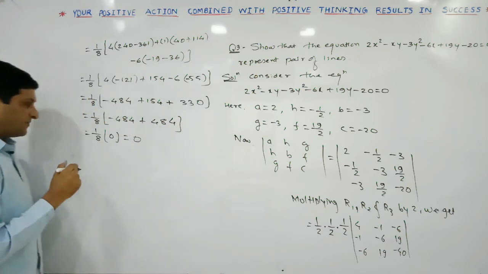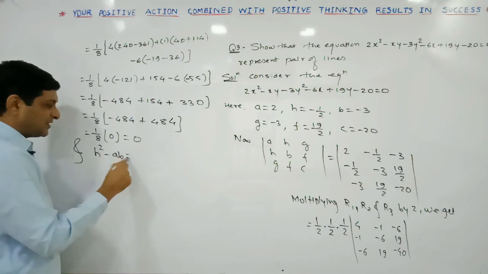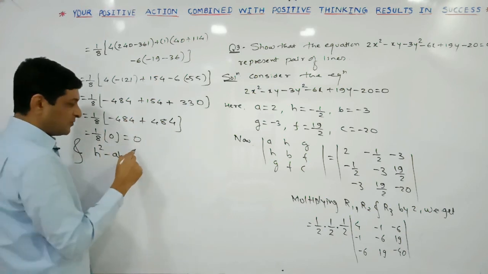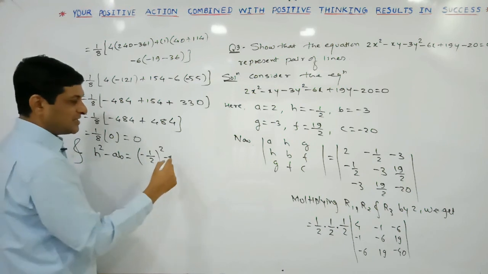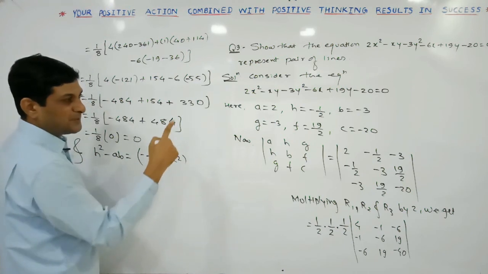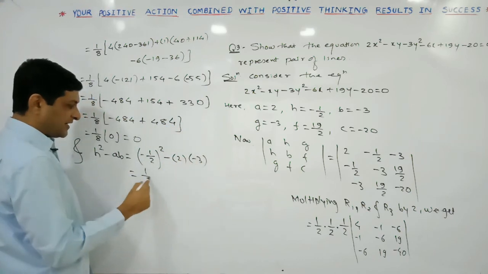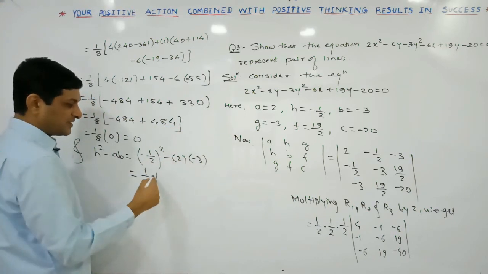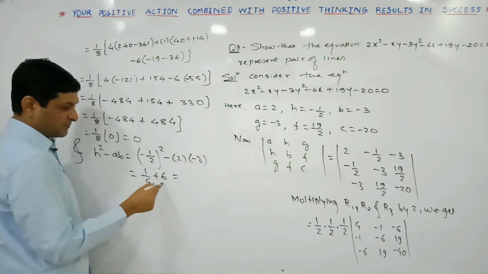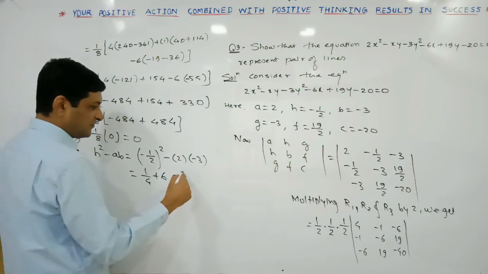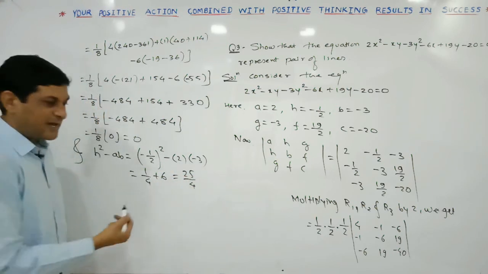Now we are finding the value of h square minus ab. h square minus ab is equal to, replace h by its value. What is the value of h? Minus 1 by 2. Keep the square as it is, minus a is equal to 2, and b is equal to what? Minus 3. So this is equal to 1 by 4, and here minus into minus is plus, and 2 3s are 6. If we take cross multiplication, we will get 1 plus 24, which is 25 upon 4, and easily we can observe that this value is positive.